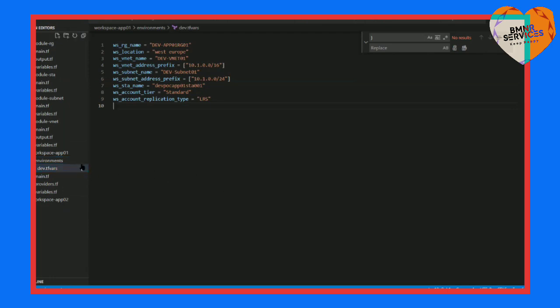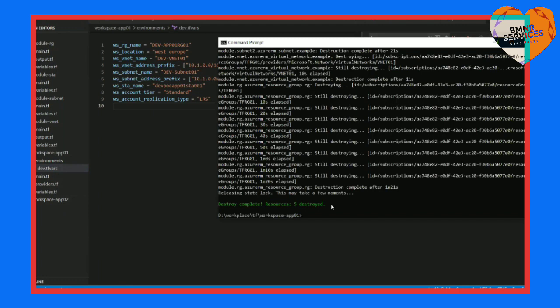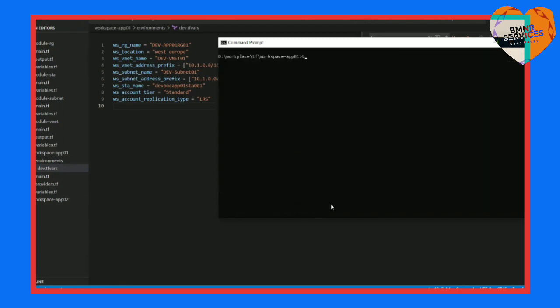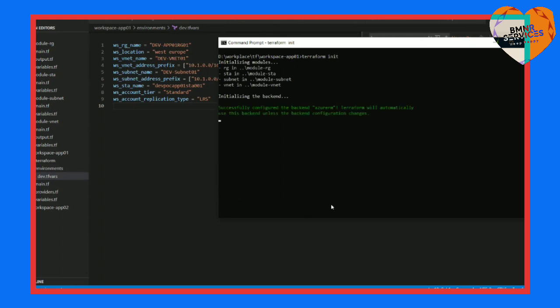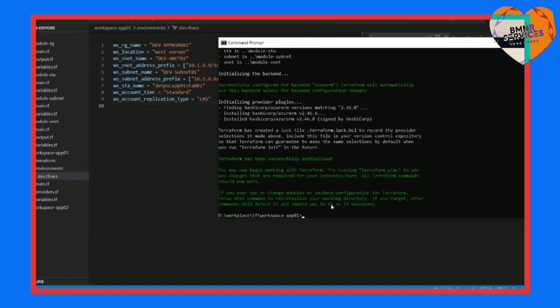Okay. Now, clear. Terraform init is common. It's not going to change anything. Remote state will be initialized, modules will be initialized. The only thing that differs is the variable values, right? So for that, what we do is